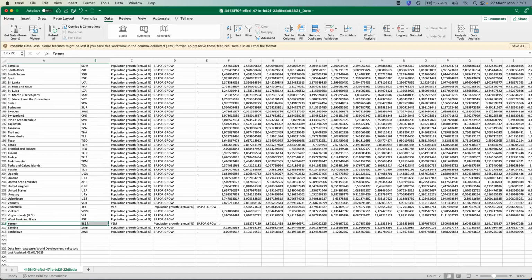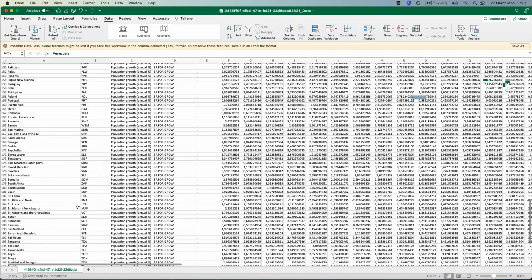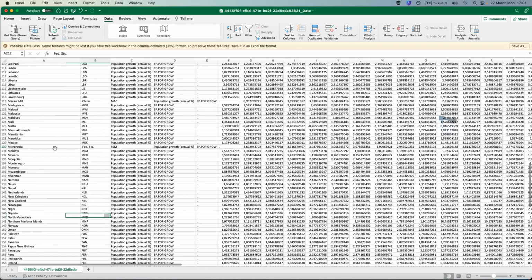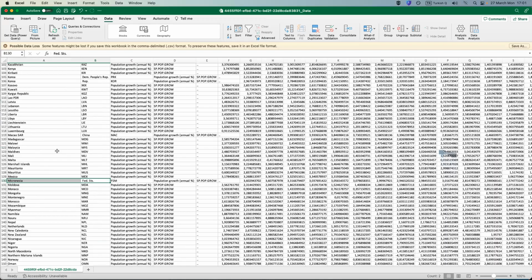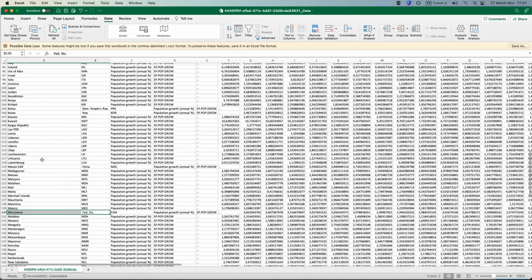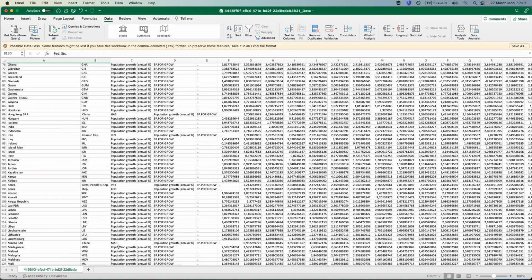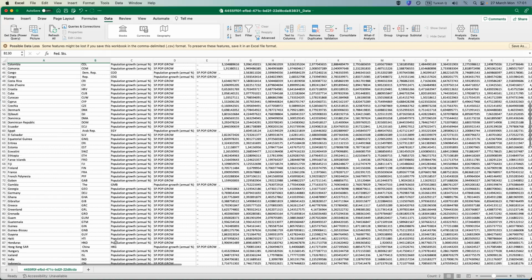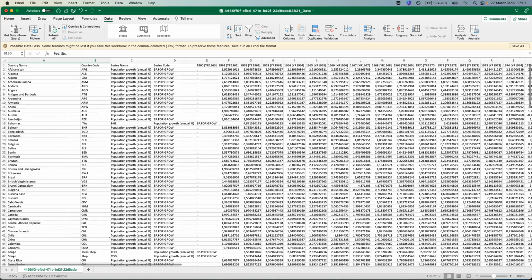with Yemen, Republic of Yemen, Venezuela, we have it with them, we have Federal States of Micronesia. We have to fix this, because otherwise the visualization and the analysis that we're going to produce out of this is going to be wrong. So how do we fix this? We fix this by,